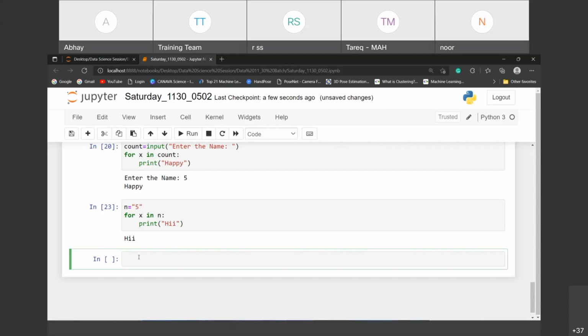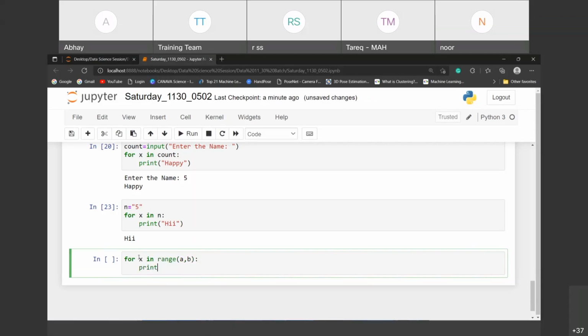So the way we are working on the range, check out what will happen. For x in range(a, b): print, this is Python.